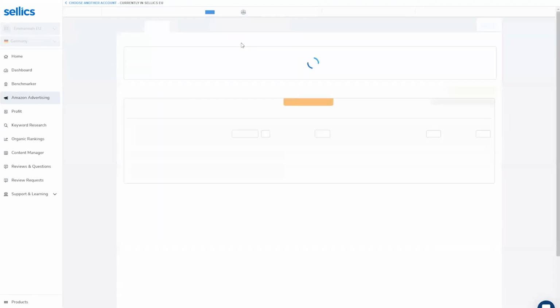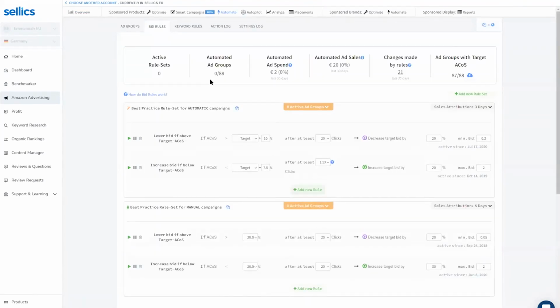If I click myself into this feature, you have different rule sets here basically, and you can create a rule set for your automatic campaigns that, for example, if the ACOS of a search term is above your target ACOS after so many clicks, then please Sellics go ahead and decrease my target bid by so much %. So basically here you have the opportunity to create your own rules for the Sellics software to make those changes for you when it comes to bid rules and keyword rules.